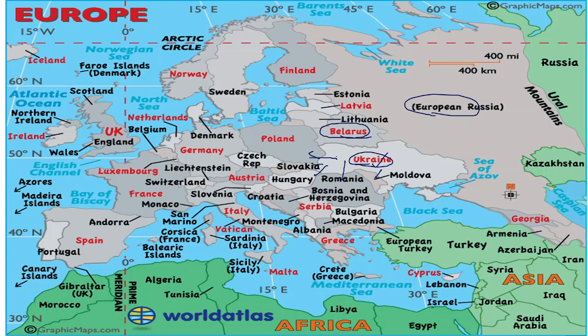Through these countries, migration has started, and people are moving to this part of the European Union, this part of NATO. So let's move to the other parts of the mapping. The next slide we will go through.